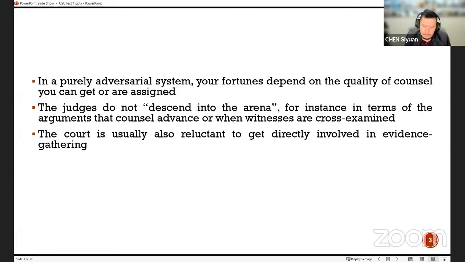And not only would the court be very reluctant to be involved in the cross-examination of witnesses, the court is also very unlikely to be involved in evidence gathering. So in other words, let's say in the rape case, again, what sort of evidence might you be looking at? I've already talked about how there might be testimony from the complainant. The accused might testify, but that's rare. Then what else are we left with? Because in a crime like rape, there are usually no witnesses, right?